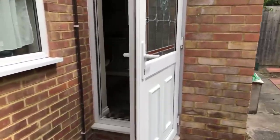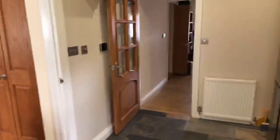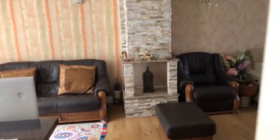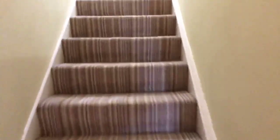So it's all possible, and the reason that the current owners haven't done so is because they've moved down to London, so this will be sold as a no chain property as well. And yeah, so what we'll do is let's head on up and I'll show you the 4 bedrooms upstairs as well. So this is a really good property, it's a fantastic family home, and it's really welcoming, lovely and light